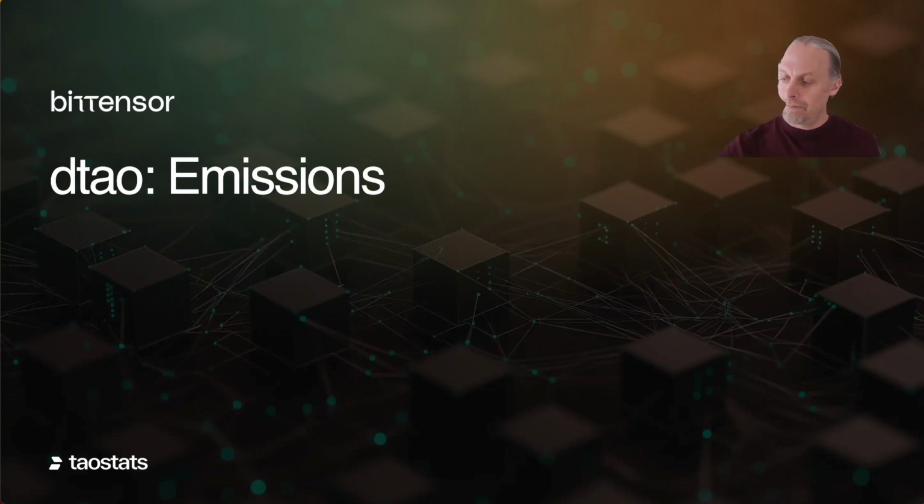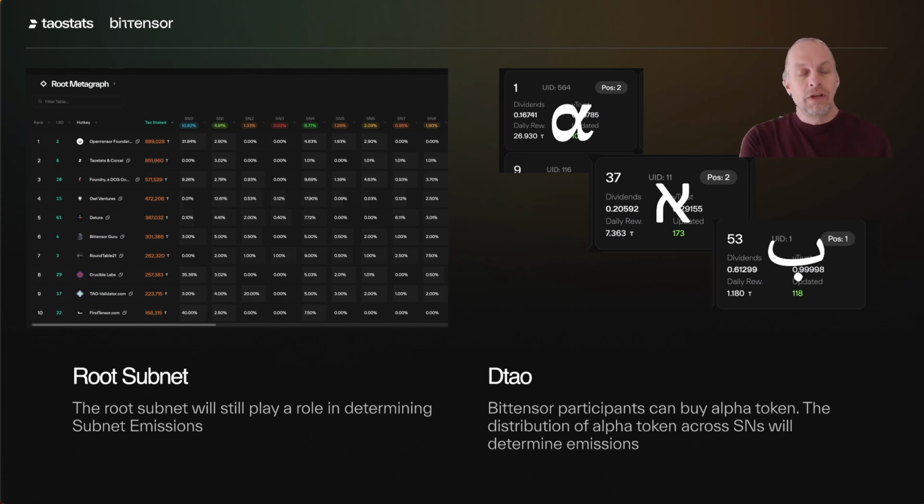on every single subnet. Emission today is initially decided by validators on the root subnet, figuring out how much tau is divided amongst all of the different subnets. The root subnet is still going to play a role in Dtao emissions. But the cool part about Dtao is now every single subnet has its own token. We generalize that token is called alpha, but subnet 1 is alpha, subnet 2 is beta, going on and on till we're out of Greek letters, and we have Hebrew, and then we have Arabic. And you can buy the token and stake those tokens to determine how the emissions are distributed amongst all of